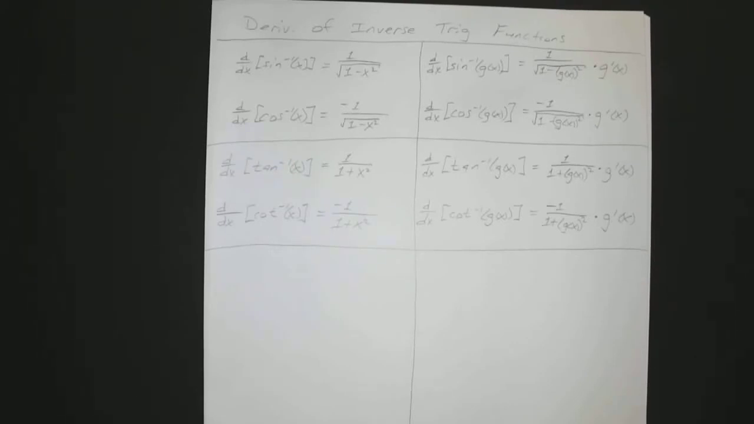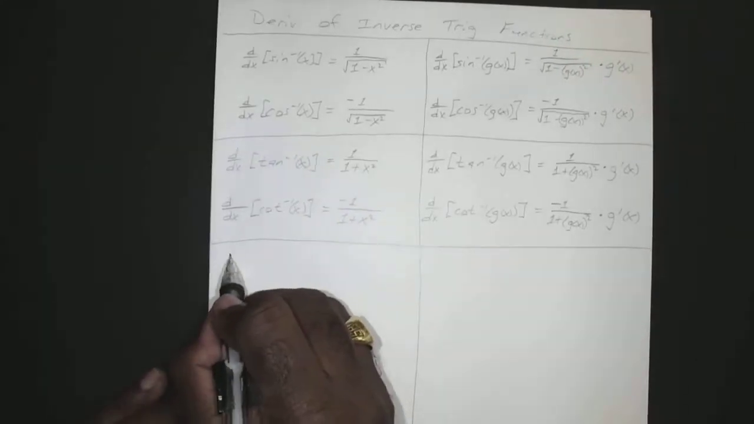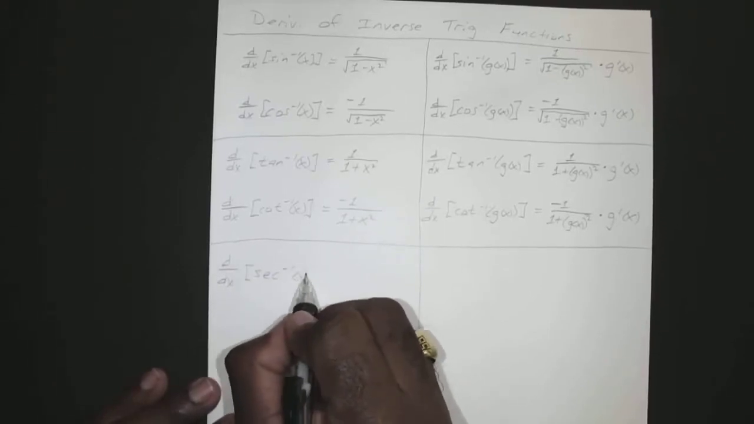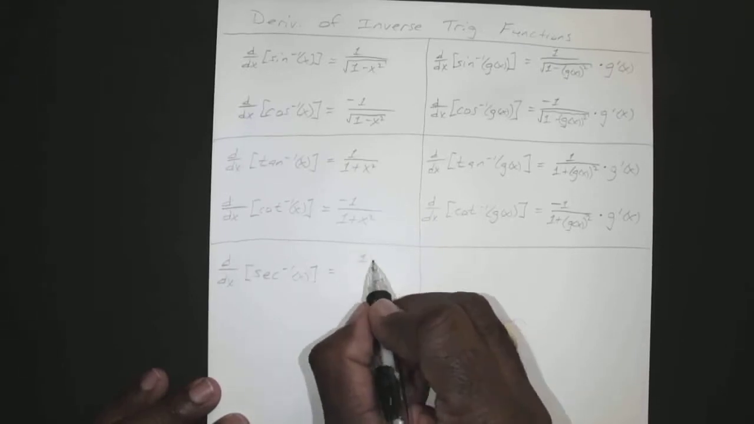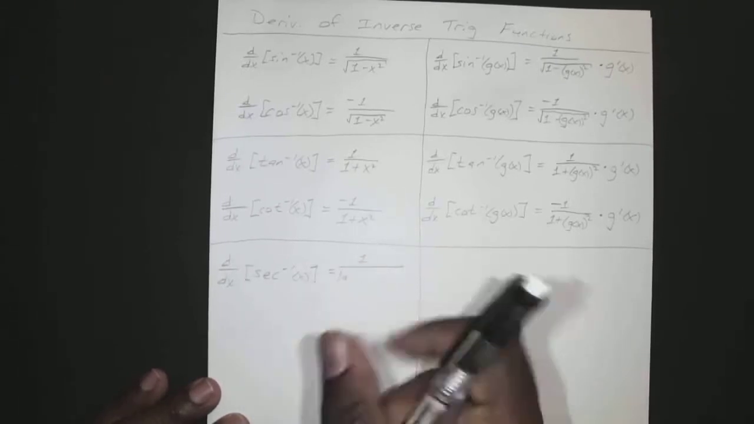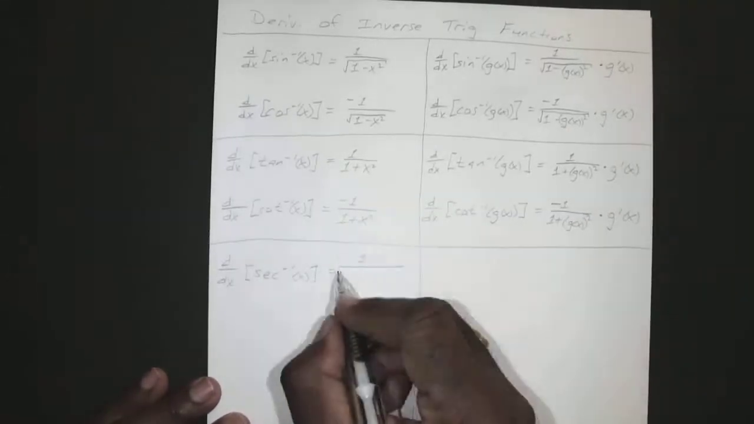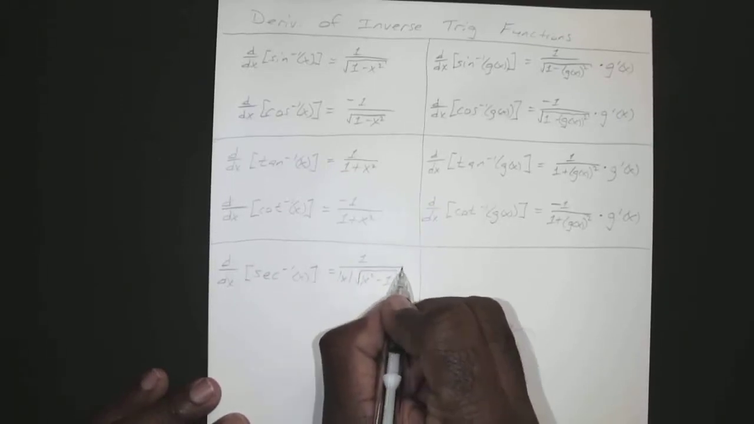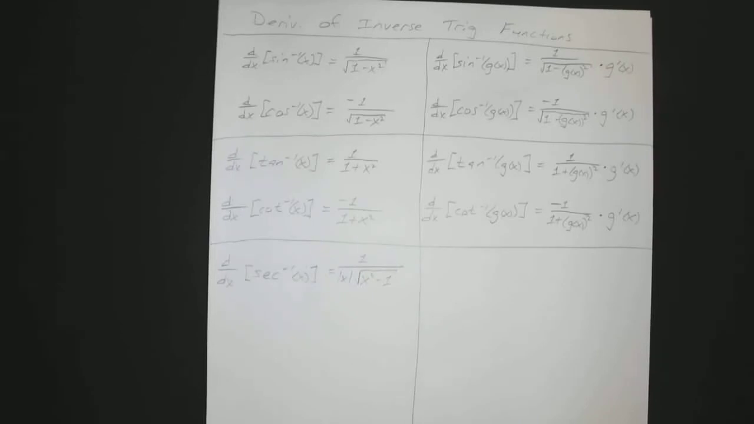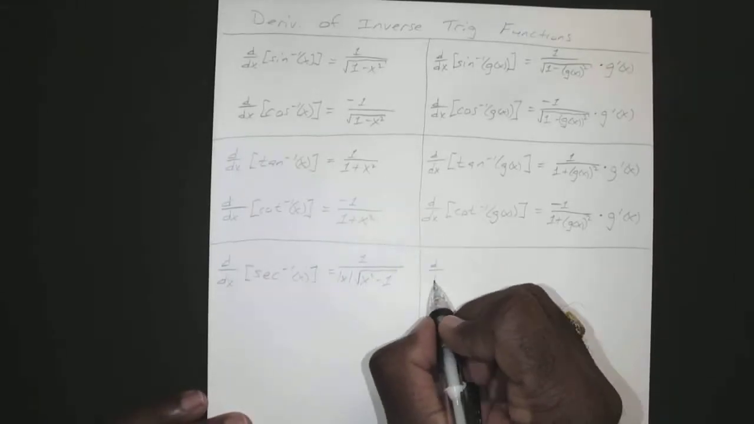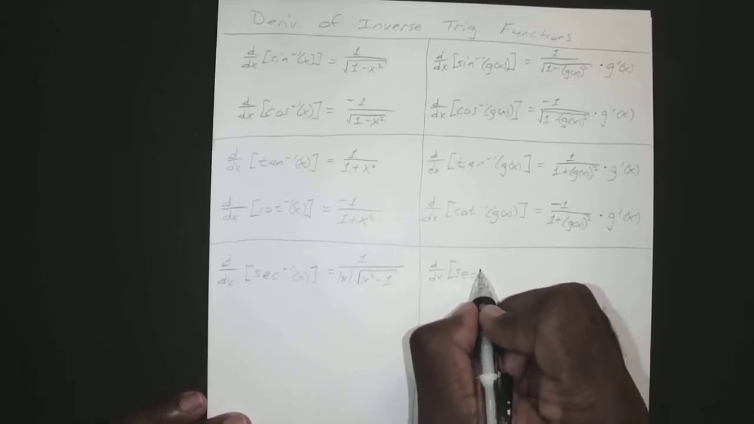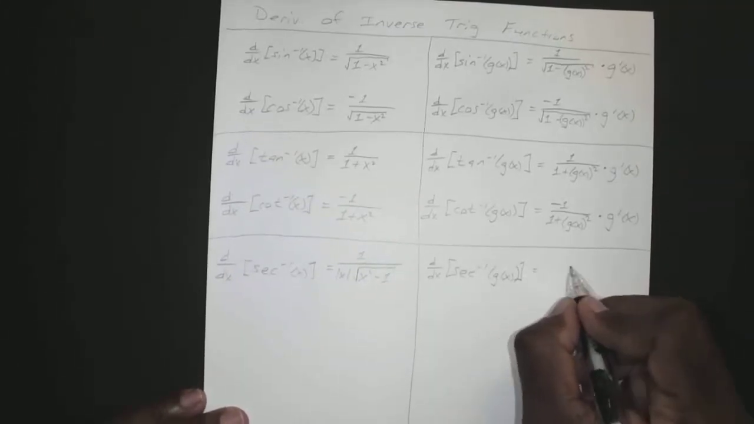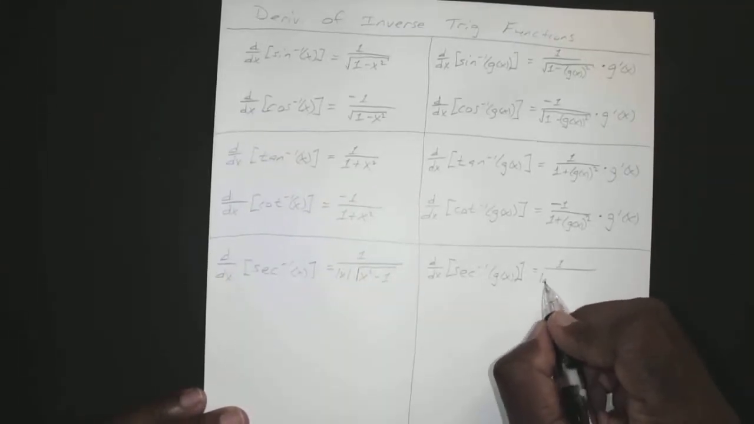Okay, so same thing with secant and cosecant. Secant inverse of x is going to equal 1 over the absolute value of x times the square root of x squared minus 1. Now if you had something other than x, secant inverse of some function g of x, then that's going to equal 1 over the absolute value of g of x